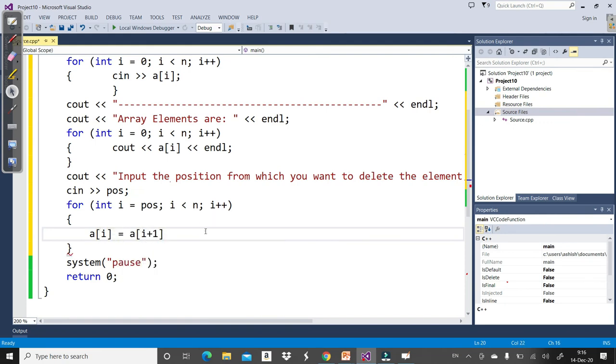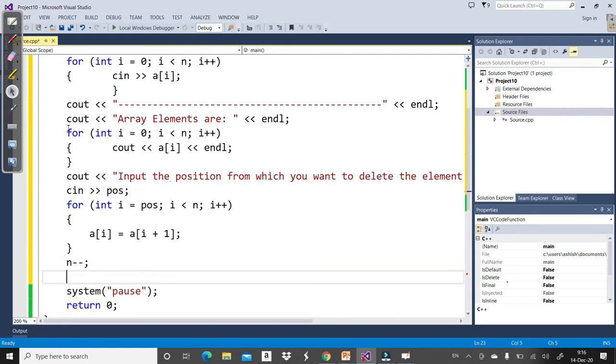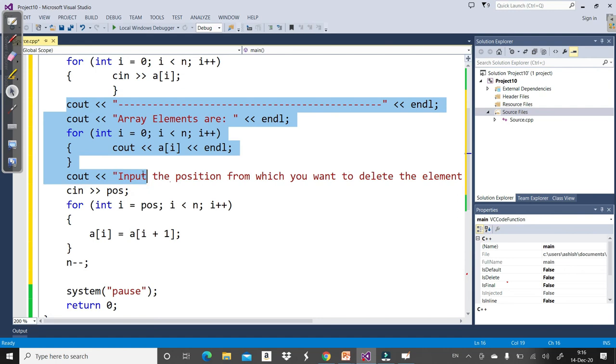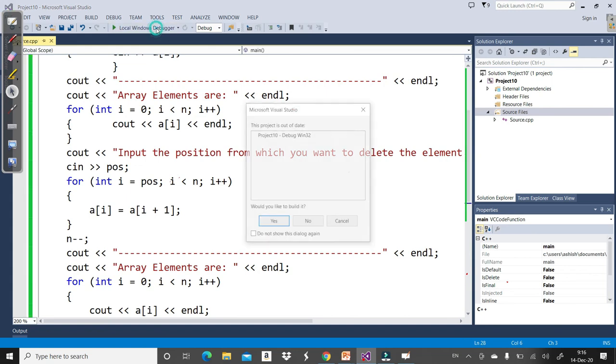And because we are removing one element, we will have one less element, so n minus minus, and then we can again display the array. So let's run this program.